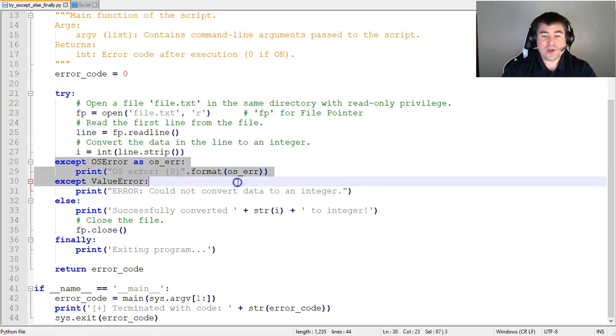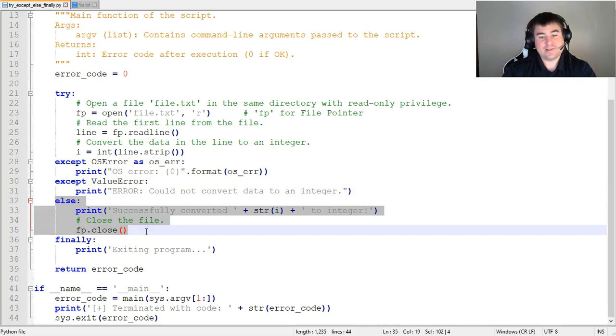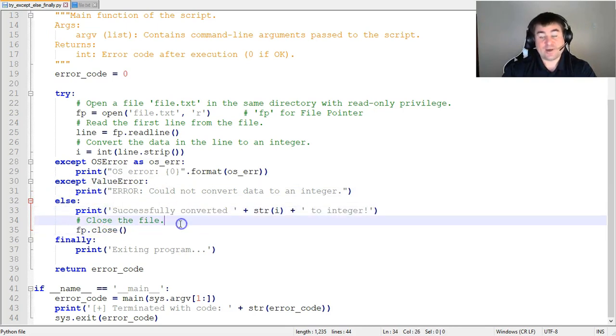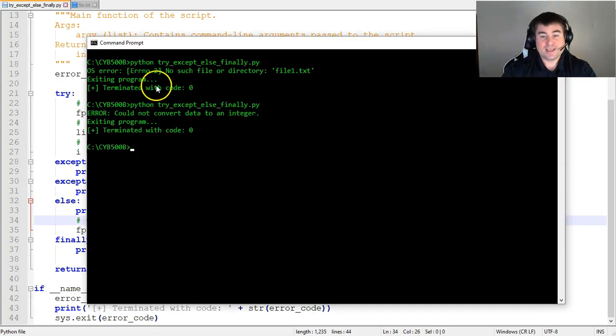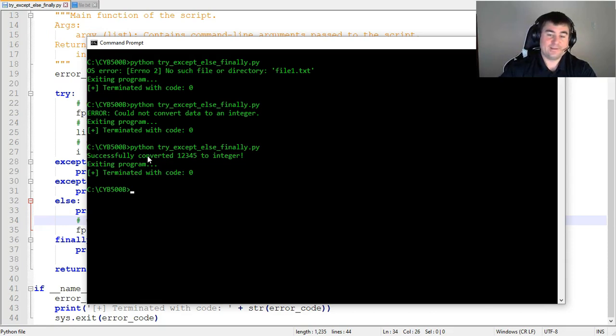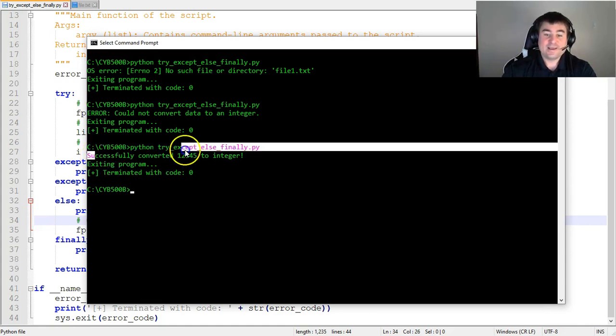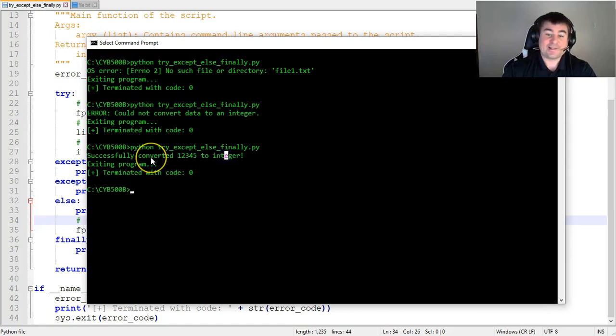Now, because no exception was raised and caught here, right, I hope you can see that the else clause will now execute. And what we should see printed is that we have successfully converted those data. Again, I'm going to leave this output here for reference, and let's try executing this once again. Excellent. Now it says no error was raised and therefore caught, and we see that the else clause now executes, and it says it has successfully read and converted data 1, 2, 3, 4, 5 into an integer. And once again, the finally clause executes.